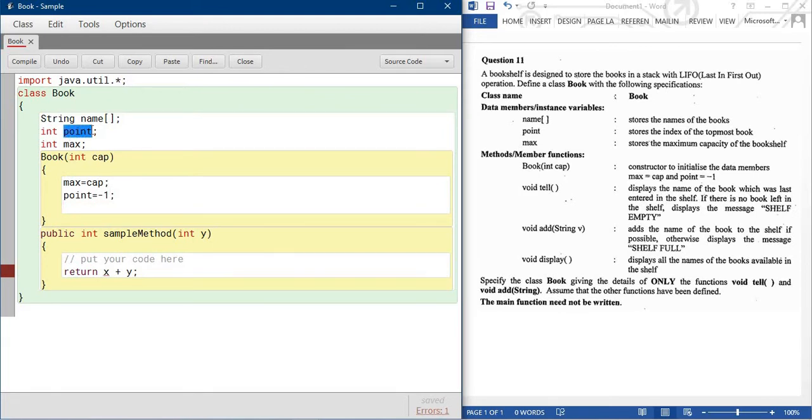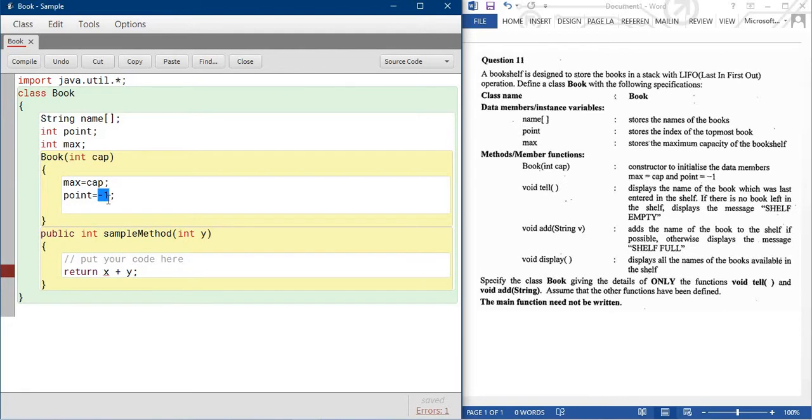Now students, many times you can see this point variable depends on the name: top, or anything else. Each and every year the stack questions are the same; the only thing that changes is the variable names. This time you can see point and max. And sometimes the point is equal to -1, sometimes you can see 0.